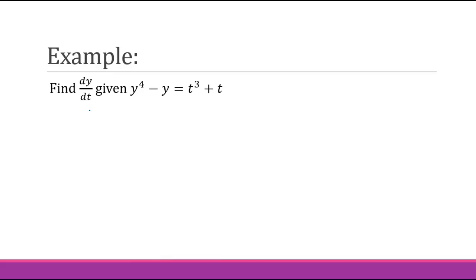In this next example, we want to find the derivative of y with respect to t. So given y to the 4th minus y equals t cubed plus t. So we're going to start by taking the derivative with respect to t of both sides. And on the left-hand side, we have